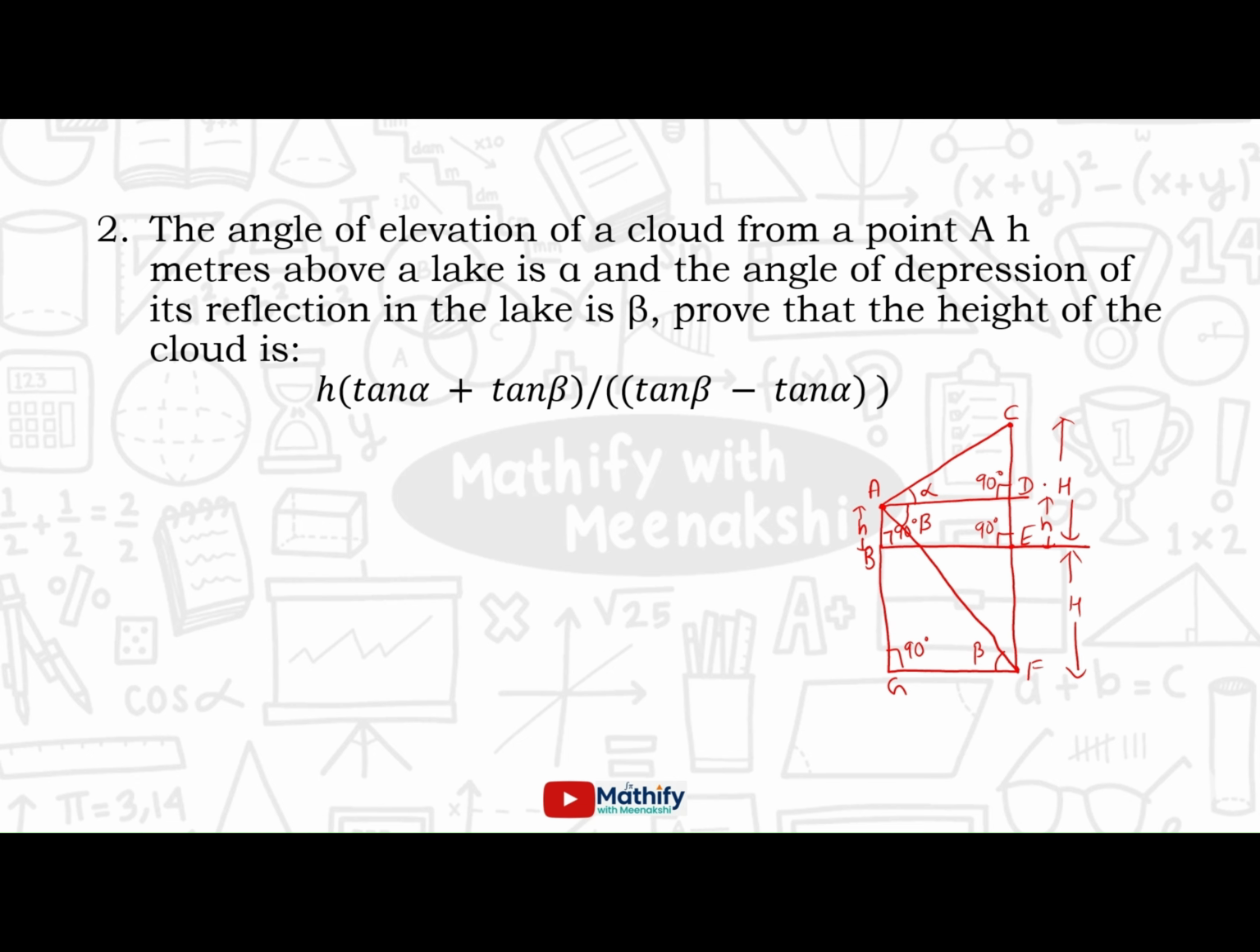And from here, you can say that your CD is H minus h, because total is H. And now let's use two triangles. First, we'll select for alpha, that is triangle ACD. We can say that tan alpha is equal to (H minus h) by AD. And here I can write in triangle AGF, tan beta is equal to H plus